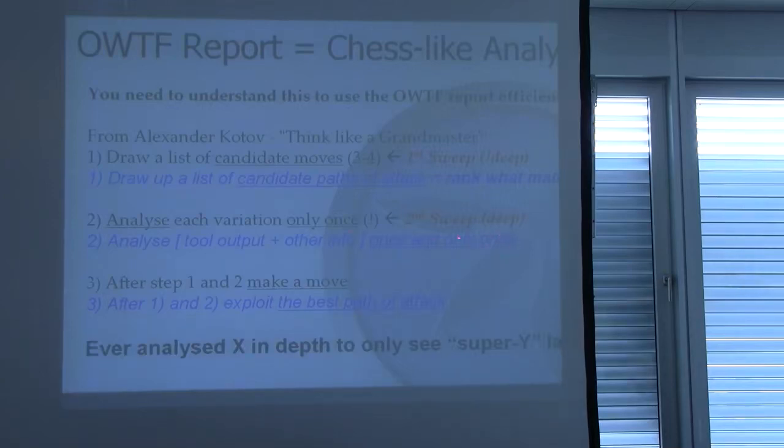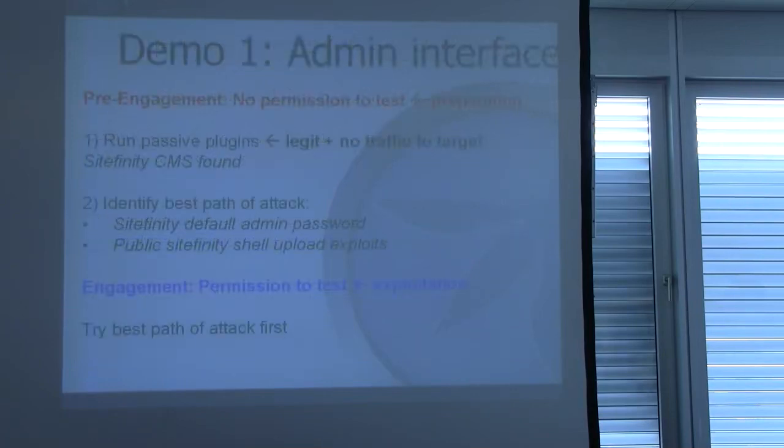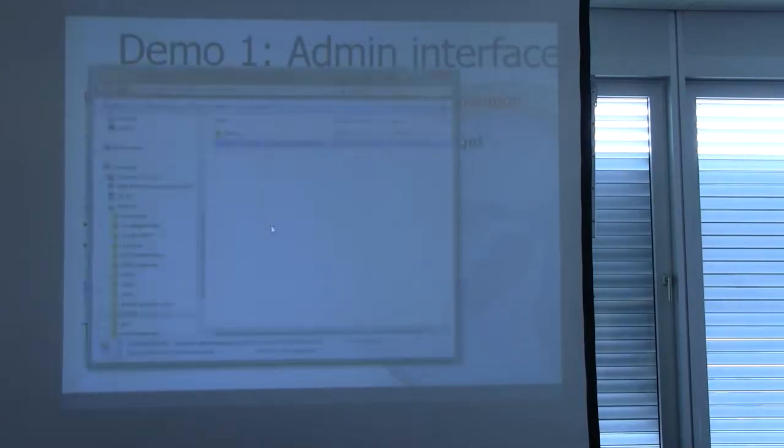and then those are the ones that they are going to analyze more deeply. The reason for this is that most people in chess, in life, and in testing security, when they see something bright and shiny, they just go straight in one path without looking at the whole thing first. So we all had this problem. If you have tested security, you have been here. You saw something that looked really promising, at the end it was not exploitable, and you had something that was better and was just beside it, and you didn't even look at. So it's the same problem we have. This is what we are trying to do from the report, and I'm going to show a quick demo,